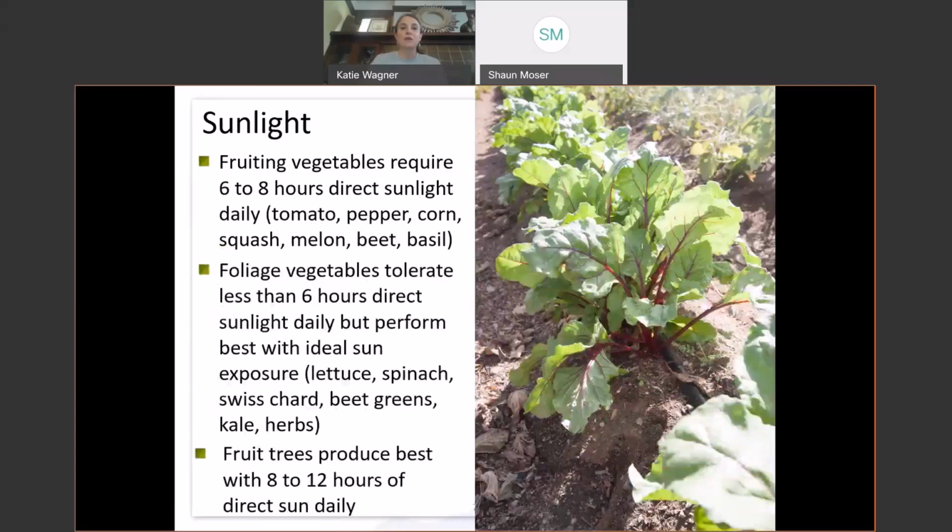Okay, so in terms of sun exposure, keep in mind fruiting vegetables need 6 to 8 hours of direct sunlight. That's direct sunlight. That's not dappled sun. That's direct, okay? So fruiting would be things like tomato, pepper, corn, squash, melon, beets. I realize basil isn't fruiting, but it is one of those herbs that really does like a lot of sun